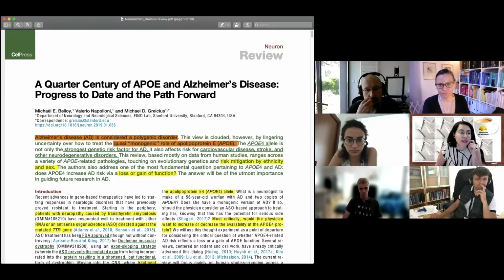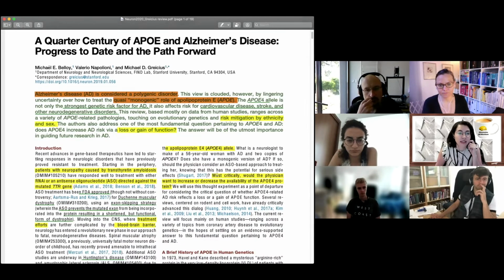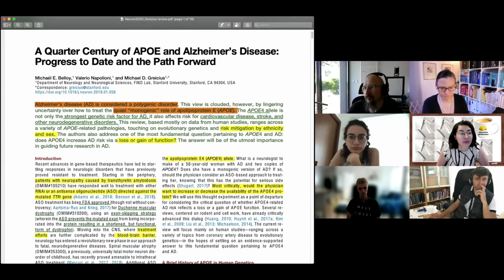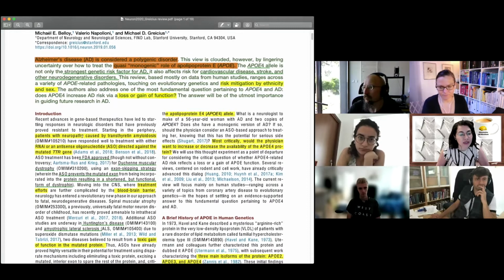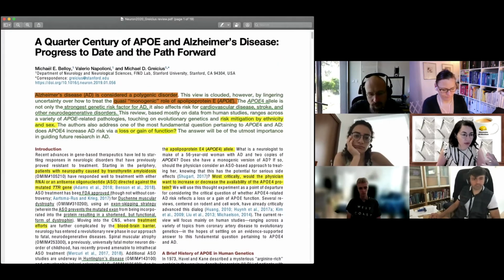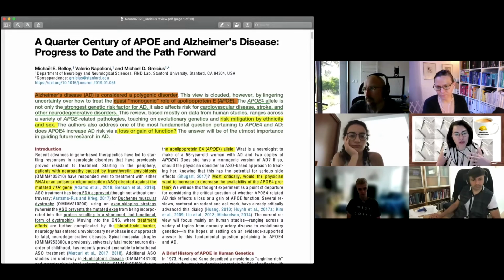This is a review discussing the role of this apolipoprotein E, APOE, in particular in neurodegenerative diseases such as Alzheimer. So it's a really extensive review from a pathological, genetic, and also evolutionary perspective of this